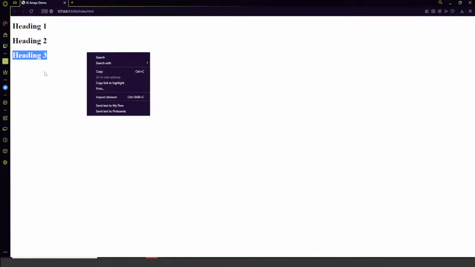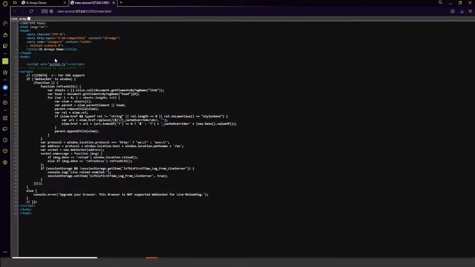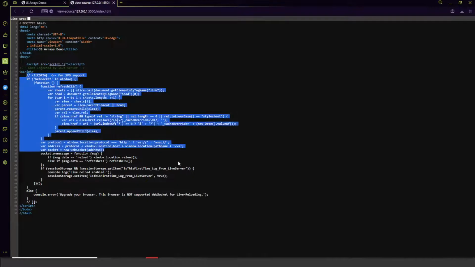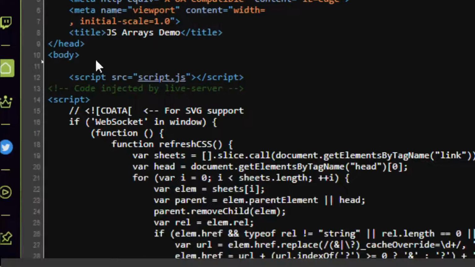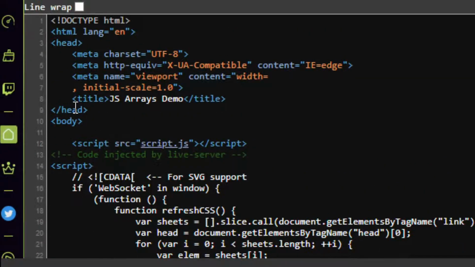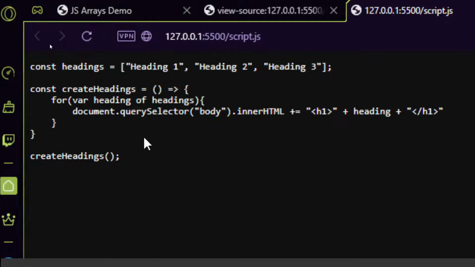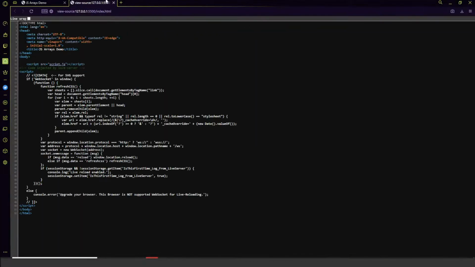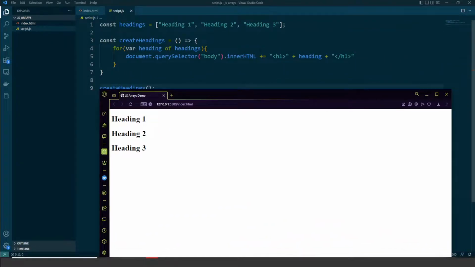And if we look in the page source of this, and we look in our HTML here, right? Remember that all this stuff here is just added by the live server. It's just there so it can do live reloading. The HTML is here. There's no HTML here. It's all being handled by the JavaScript, which we just wrote. Right, so we get that heading 1, heading 2, heading 3. And whatever we would add to here,